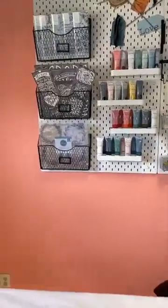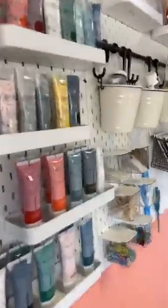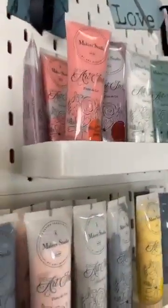So these little shelves, let me come over here closer so you can see it. These little shelves are the same way. See how they fit into the peg? How great is that? And I love how flush it is, like that. And so the depth of it, you see about how deep it is. So you can very easily fit